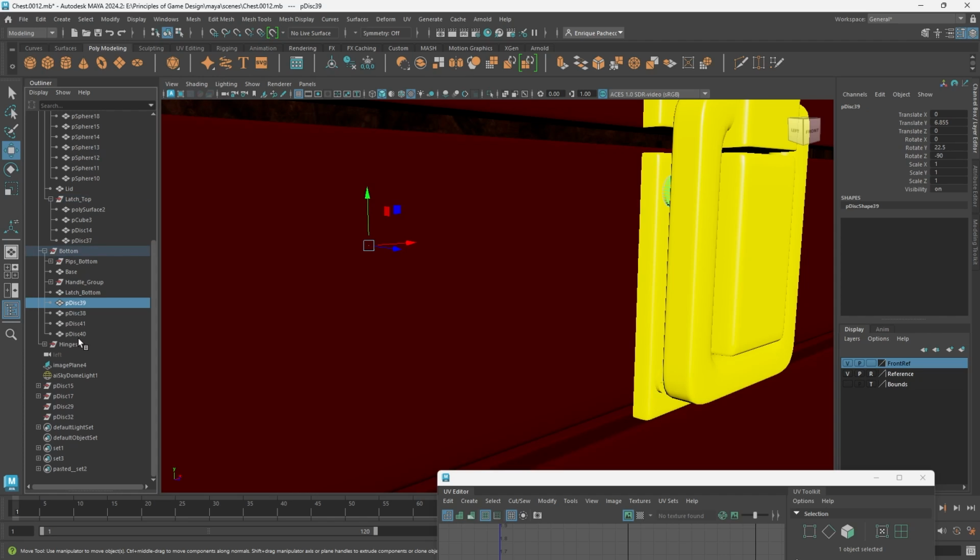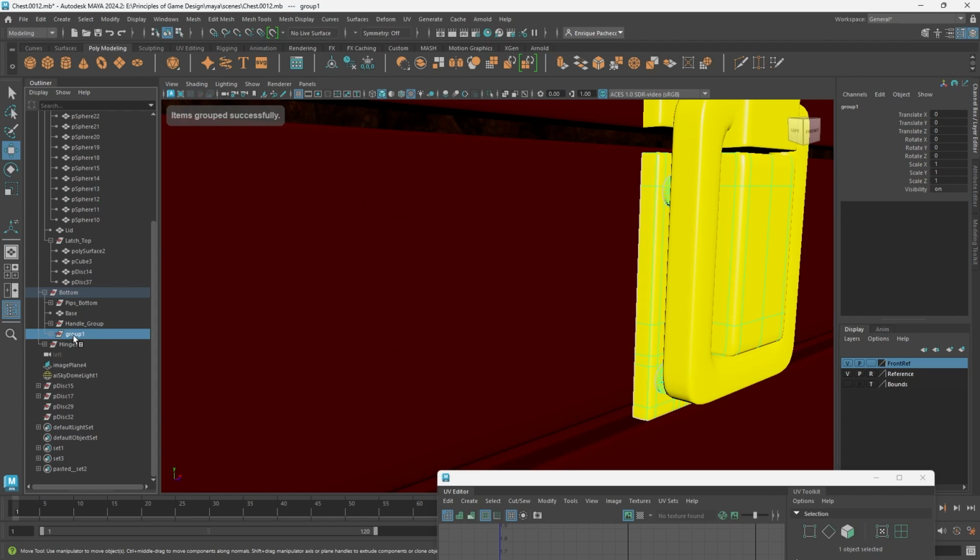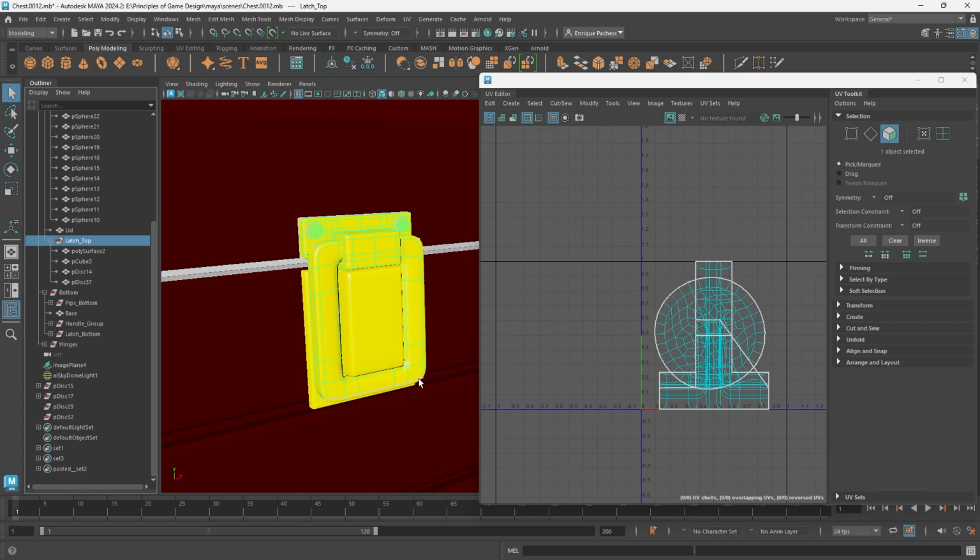We don't currently have one, I'll put them in bottom, and we'll Ctrl G. Let's rename latch bottom to just latch, and we'll change this to latch underscore bottom. Good. So now that we've got our hierarchy fixed again,